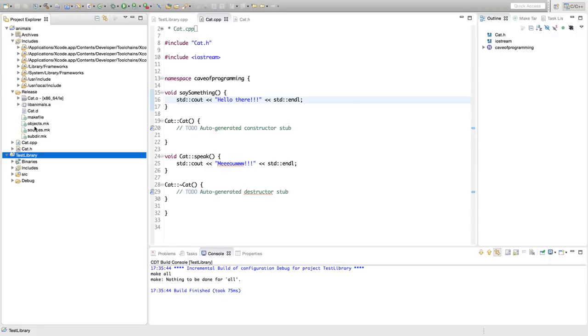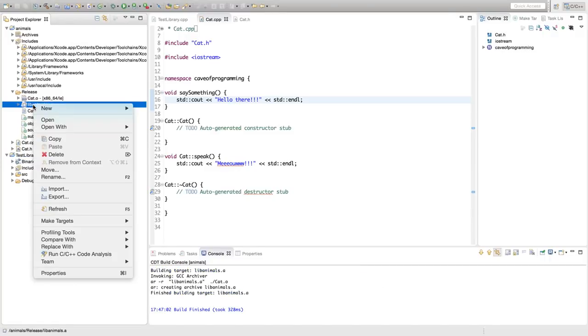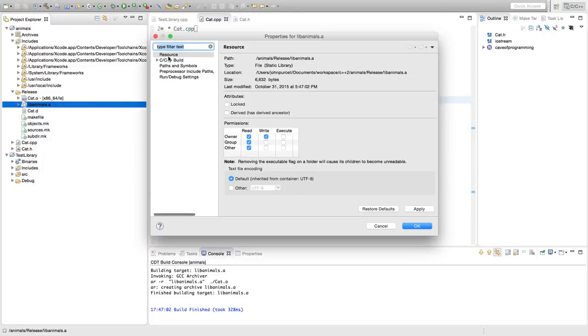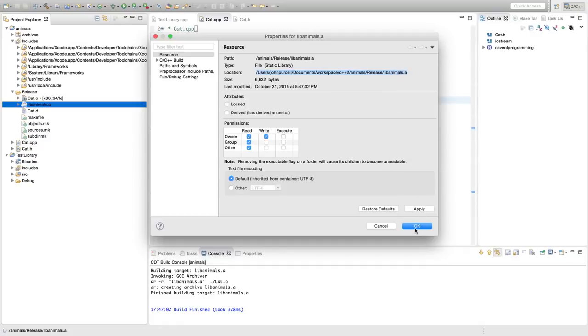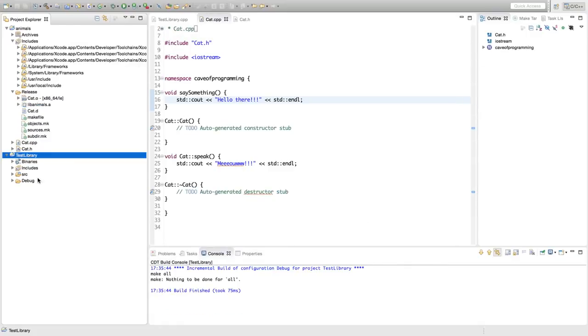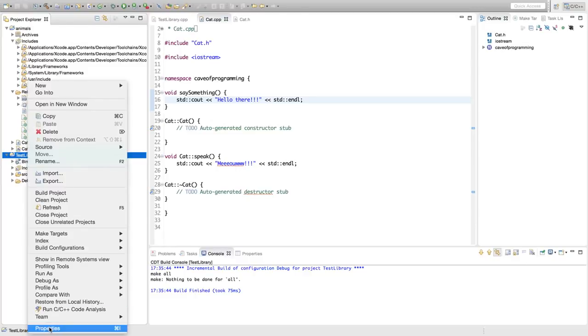So to take this library file, for example, libanimals.a, let's right click that. On Windows that's going to be probably .lib. Let's right click it and go to properties, go to this resource thing at the top, and here's the full path to where that library happens to be now. So I'm just going to copy that, click cancel,